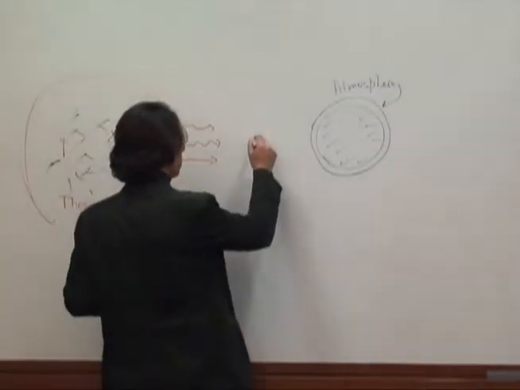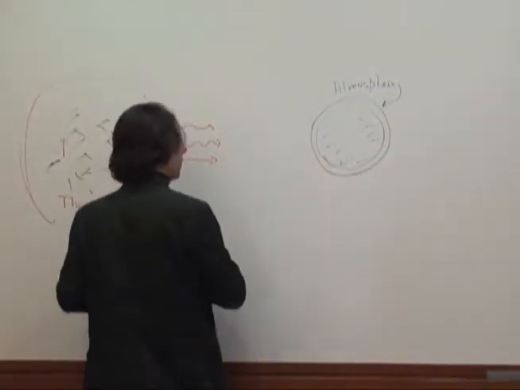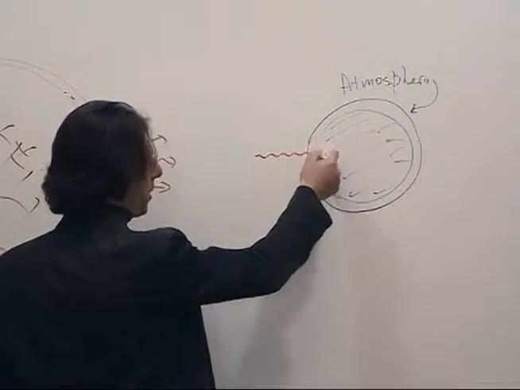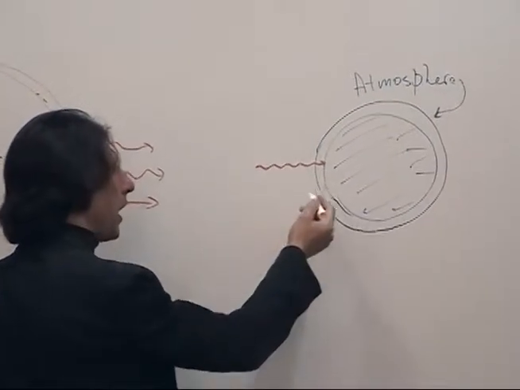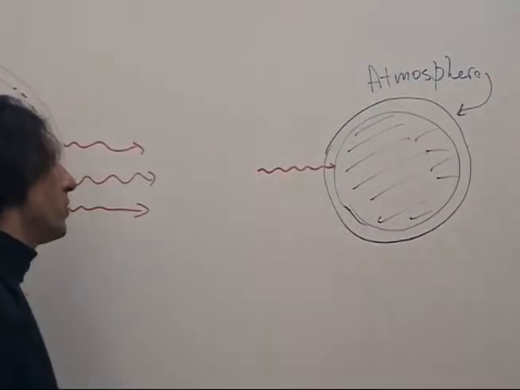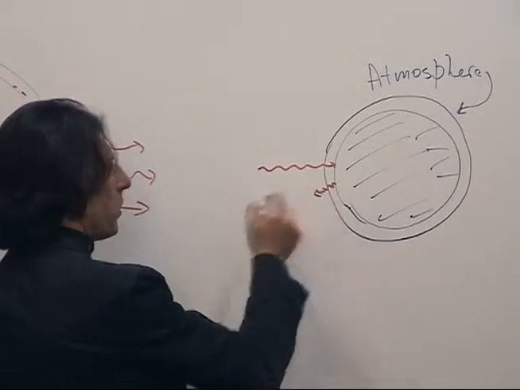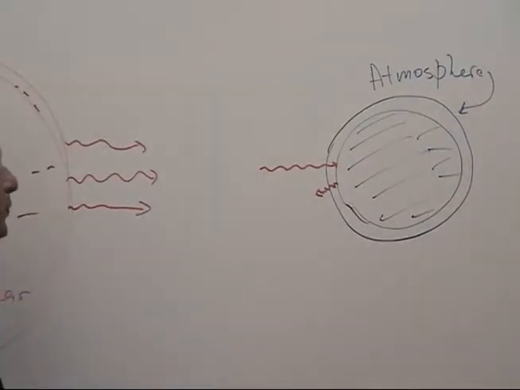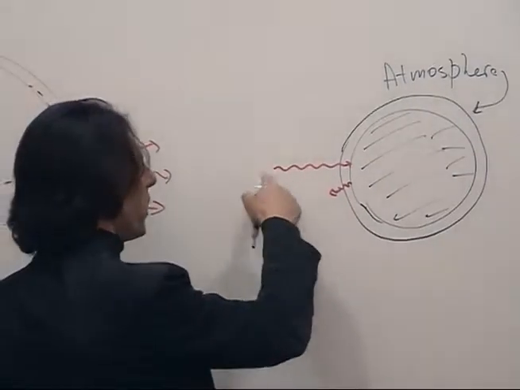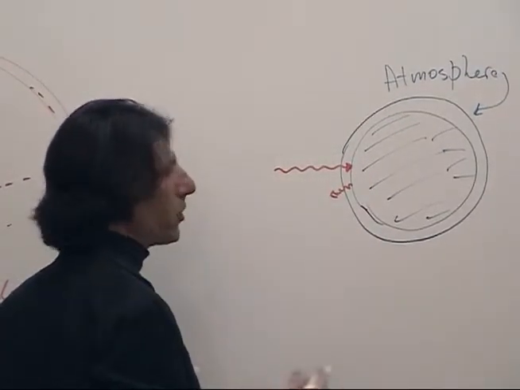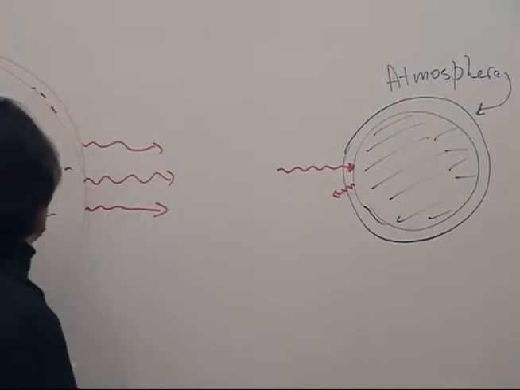Sunlight enters the atmosphere and heats up the surface of the Earth, and the warm surface of the Earth also radiates away some energy. The energy that is coming from the sun is essentially determined by solar power, by the output of